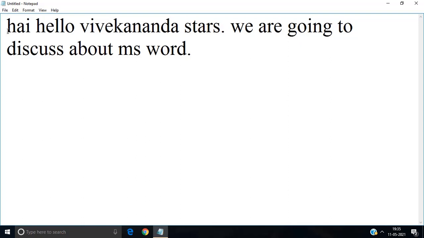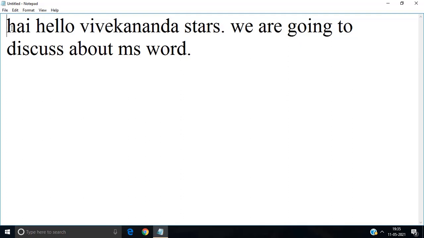This notepad is used as a starting point for the learners, for the learners who don't know how to type or how to edit the information present in the documents. At that time notepad is the best option for them. And if you want to insert images, or insert points, that means if you want to give the information point wise, notepad doesn't support that. And if you want to provide underlines, notepad doesn't support underlines.